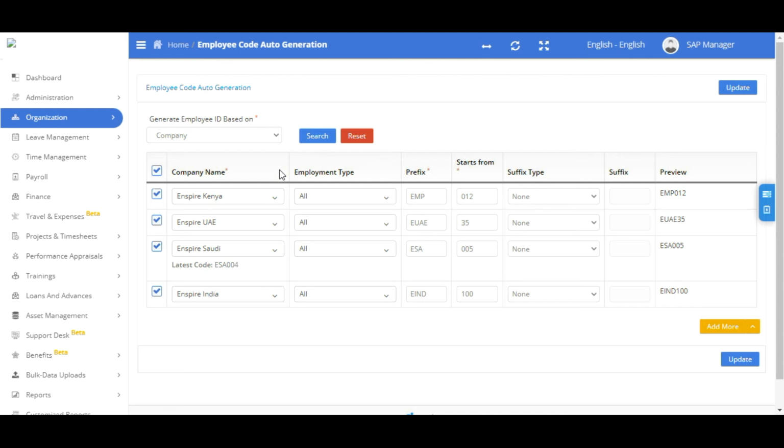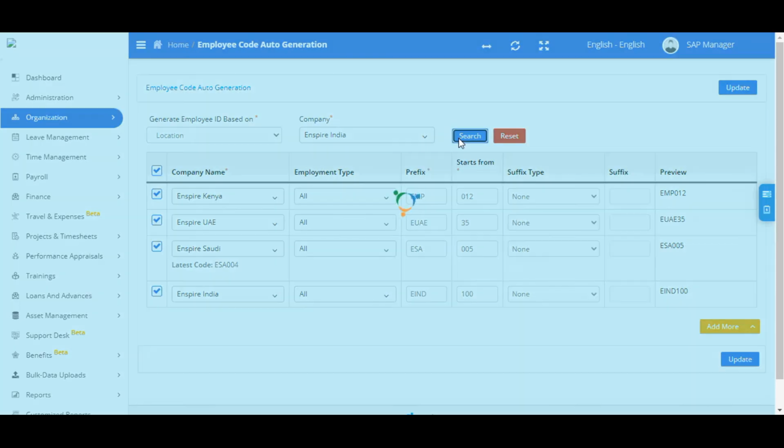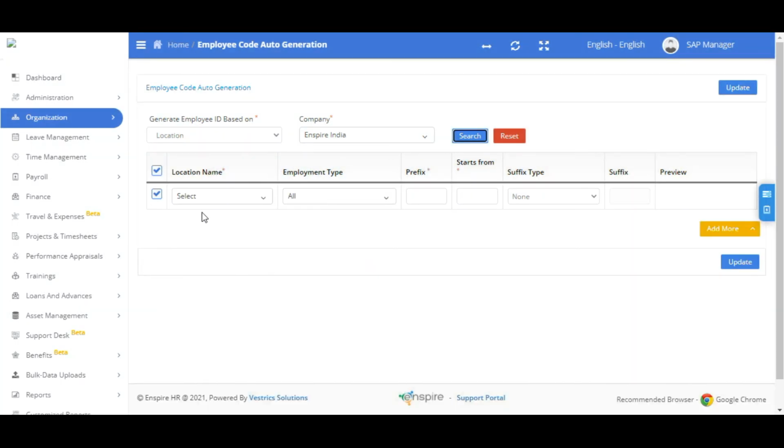Similarly, if you would like to generate employee ID based on location, select the location and select the company. Click on Search. Now fill in all the fields. Select the location, employment type, All, or you can select as per your requirement.